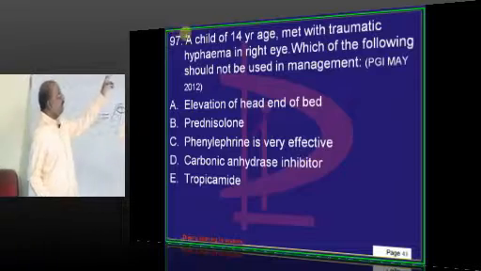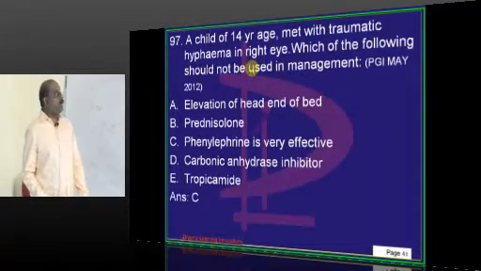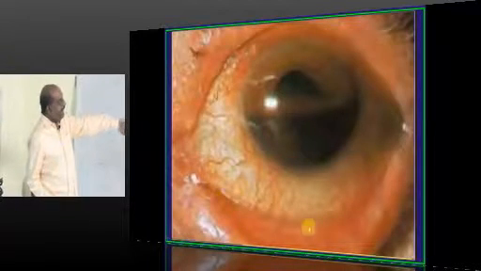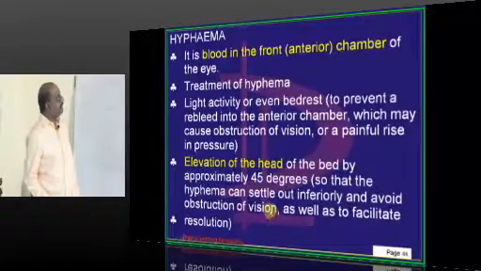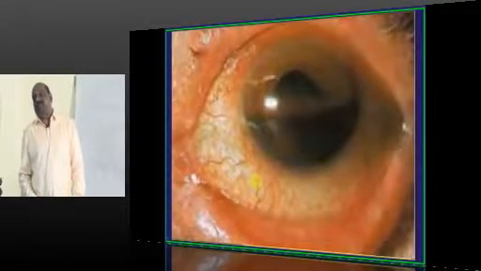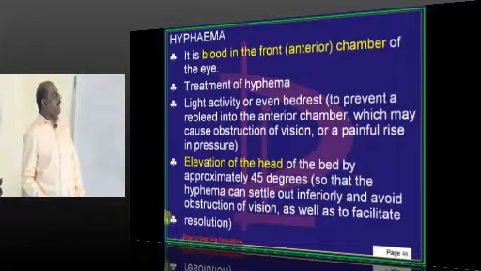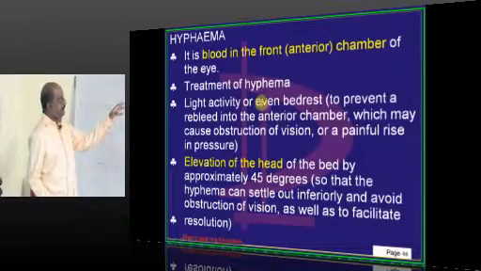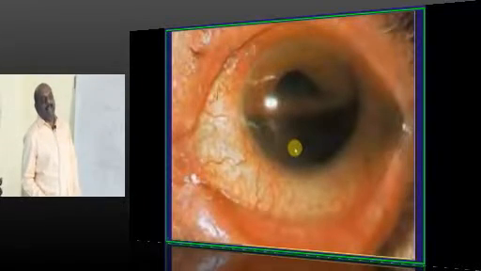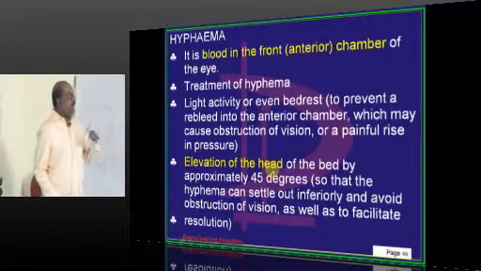A child of 14 years met with a traumatic hyphema. Hyphema is the blood in the anterior chamber, doctor. So what are the various measures by which you manage hyphema is a very, very important question. Blood in the anterior chamber, how will you basically manage? Elevation of the head,